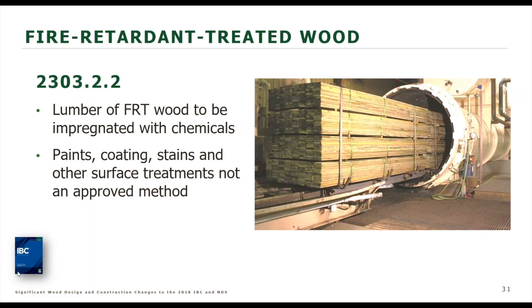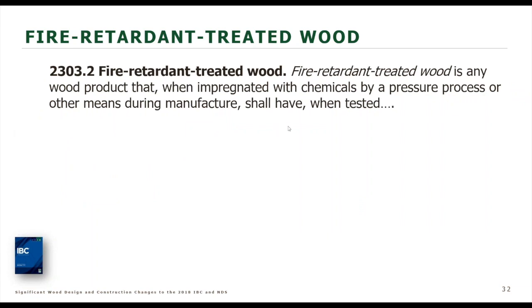Now, fire retardant treated wood, I mentioned, can be used as a substitute for non-combustible materials in Type 3 and Type 4 construction at that exterior wall. And there are specific requirements for what it means to be fire retardant treated wood. In Chapter 23, and this helps to go to the code language, 2302, fire retardant treated